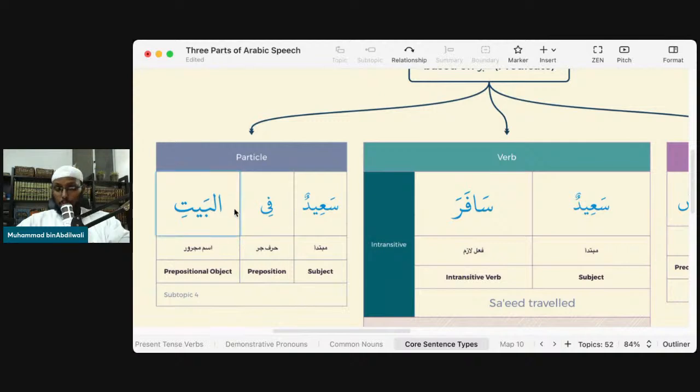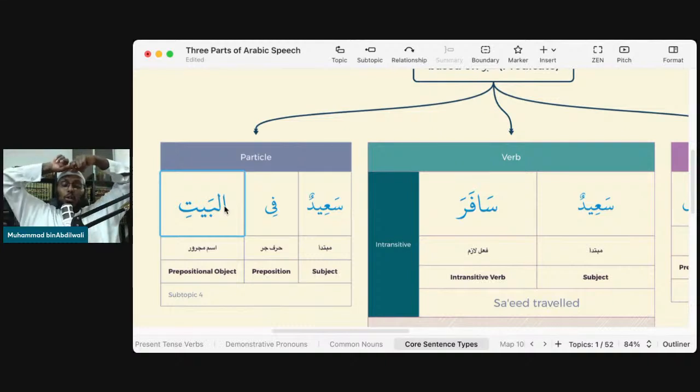And these two things, by the way, the preposition, this particle, and the word that comes after it, you can consider it to be like one word. They cannot be separated. They are absolutely 100% inseparable. You can't do it. That's why it's called jar majroor. This one drags this one along wherever they go. Jar means to drag something. So these two things are considered as if they are one word. You can't separate them ever.